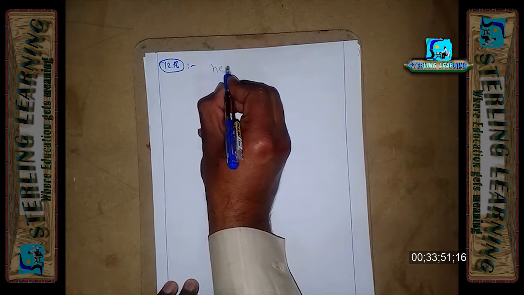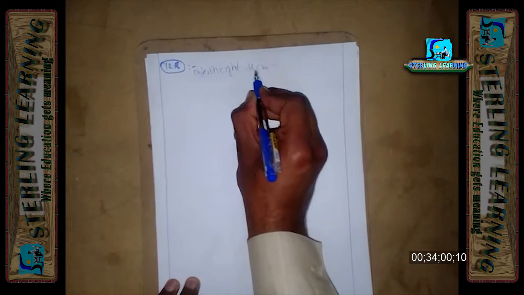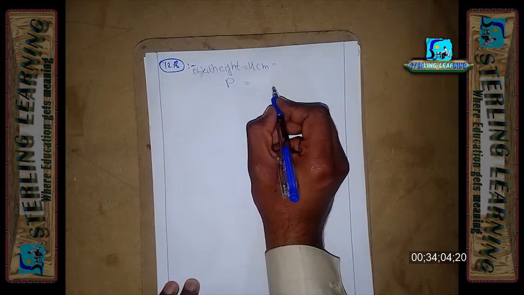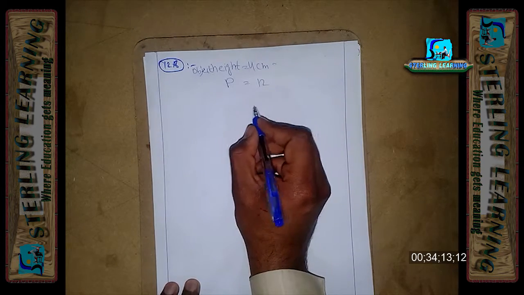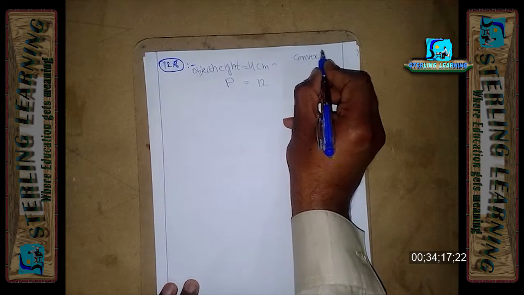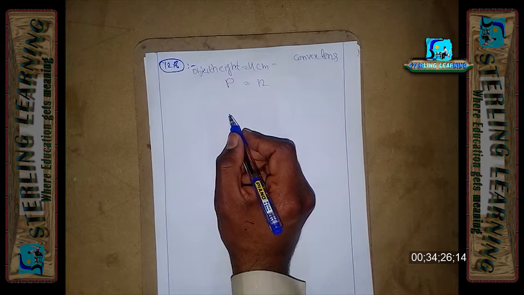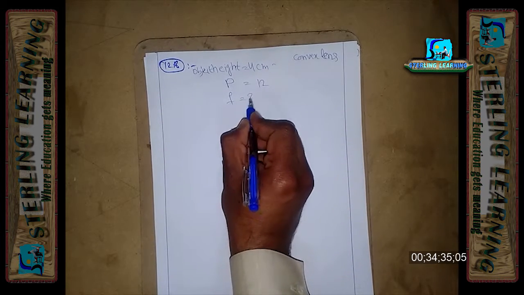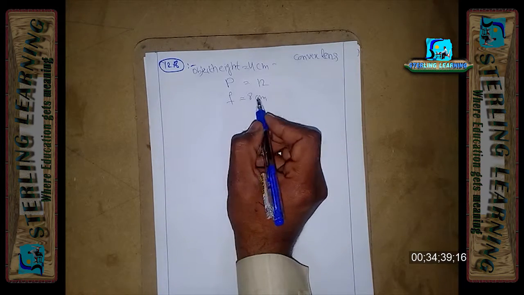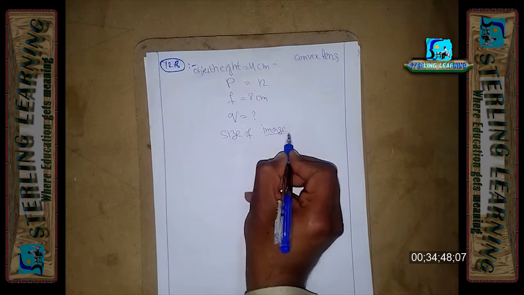An object 4 centimeter high is placed at a distance of 12 centimeter. Height हमारे पास 4 सेंटीमीटर ऑब्जेक्ट हाइट। Distance 12 सेंटीमीटर, P इज इक्वल 12। कन्वेक्स लेंस है, और फोकल लेंथ हमारे पास है 8 सेंटीमीटर। पोजीशन एंड साइज ऑफ इमेज, हमने Q फाइंड करना है और साइज ऑफ इमेज फाइंड करना है।